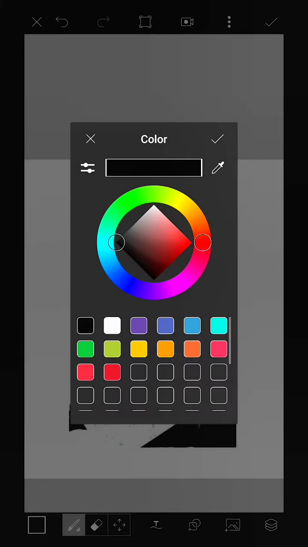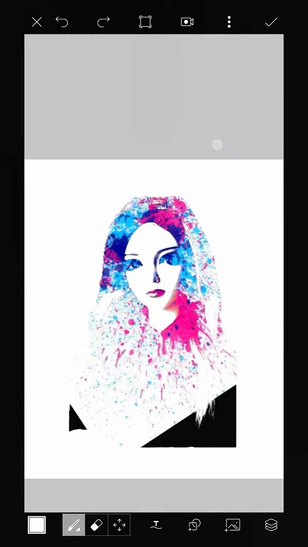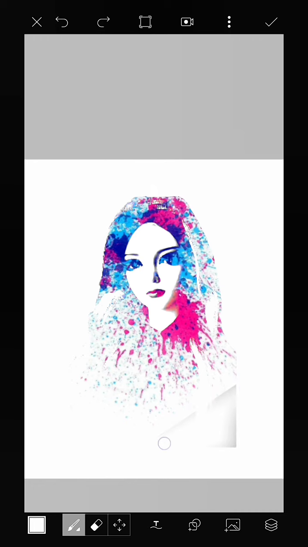Now we are going to remove the unwanted colors downside there, right? It's not necessary, but for perfection I'm just removing those black colors, so we will get the exact color splash image. It's not necessary; whoever wants that one, you all can keep that, but it's not necessary. I'm just removing that, and our final picture is ready.